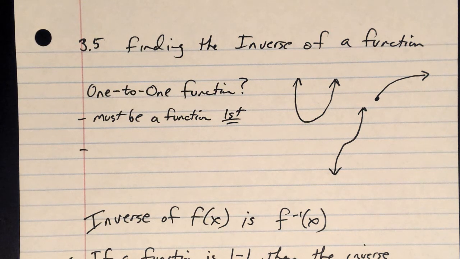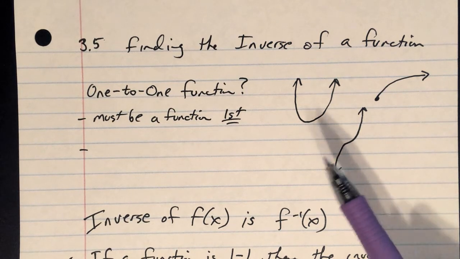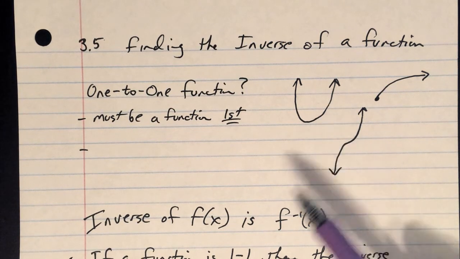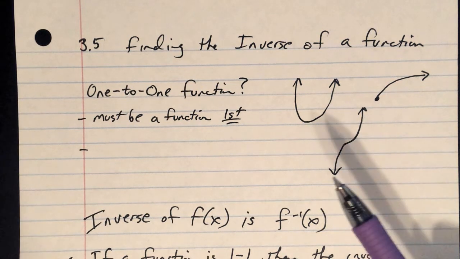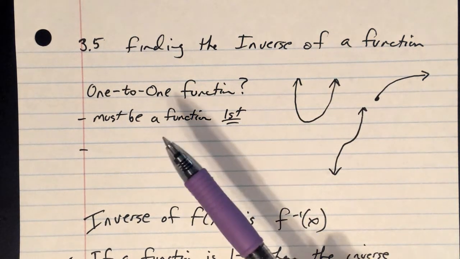Last section is 3.5. This is finding the inverse of a function. Now we're going to keep this strictly to just linear functions. That's all we need to be able to deal with right now. But when we talk about an inverse, an inverse is basically the undoing of something. But to be able to find an inverse of a function, we first have to know what a one-to-one